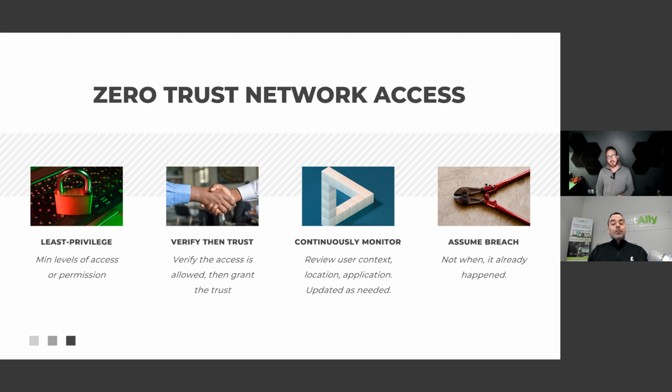Because at the end of the day, we want people to be able to remediate themselves. We want them to be able to at least get connected enough to open up a help desk ticket, or get through to somebody to say, hey, I have problems. Why can't I access this information? So we give them that least privileged access, and we verify who they are, then trust that they have the